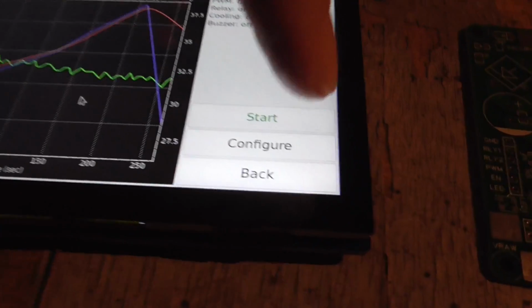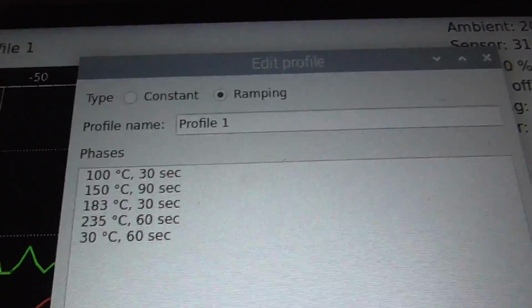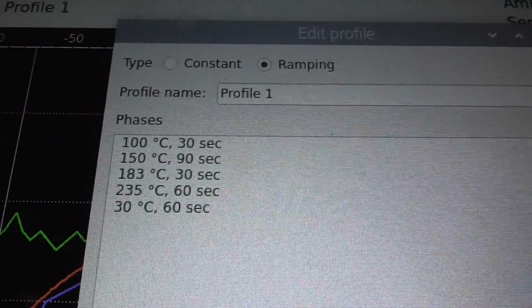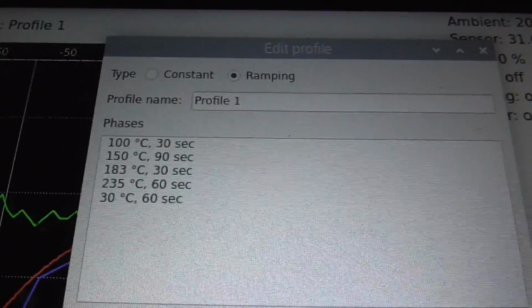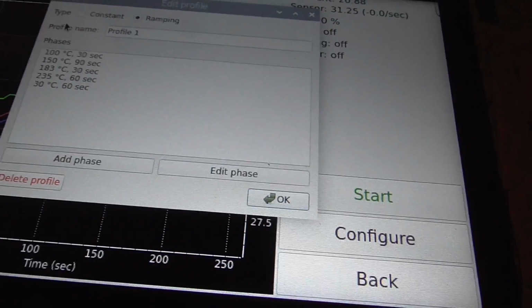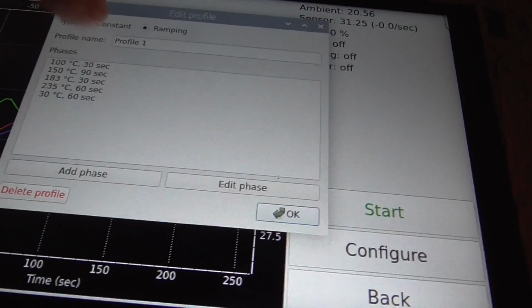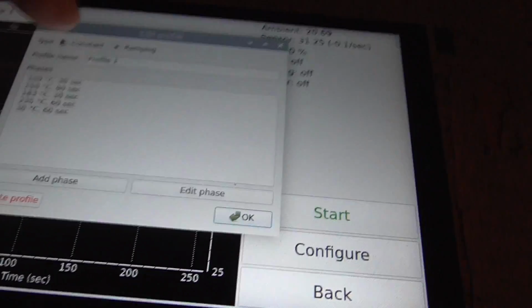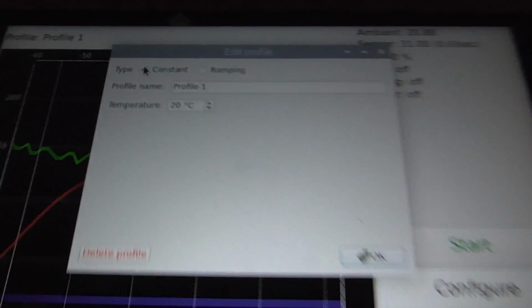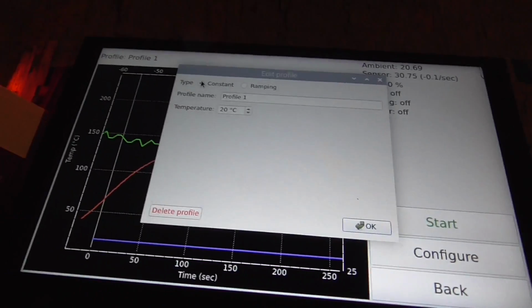So my configuration here, if I can just push that, you set it up like this to be ramping up to 100 degrees over 30 seconds, for example. Or I was also thinking to have a constant temperature. It's a little bit tricky with the touch screen here, but can we get that please? Or you could just have a constant temperature like that if you wanted to run it as a coffee warmer